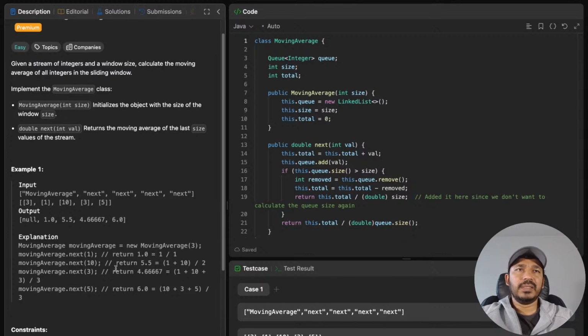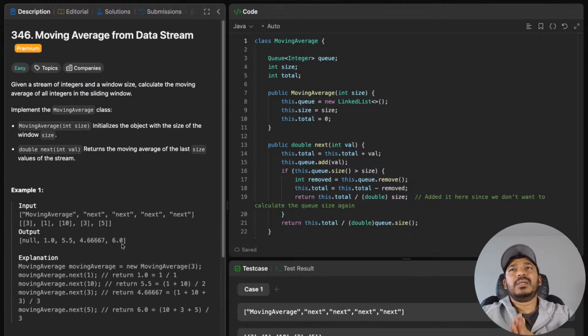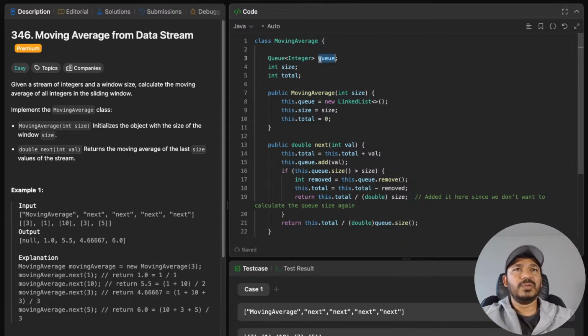So we will just keep the window size. We have a queue here. In the queue we know that it follows the rule FIFO, first in first out. So whatever we inserted first, in the next method we inserted this 1, that gets out when the size of the queue becomes greater than the window size given, and we do not care about the older values anyway, so we can discard them from the queue. So in MovingAverage initialized with size, q is equal to a new linked list,